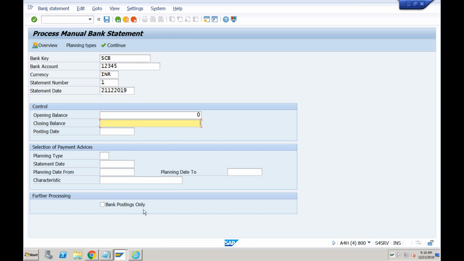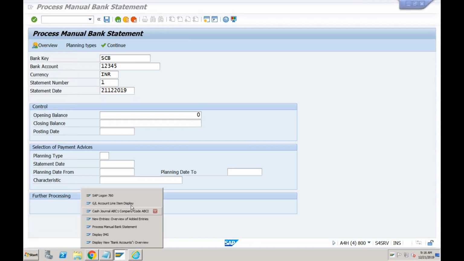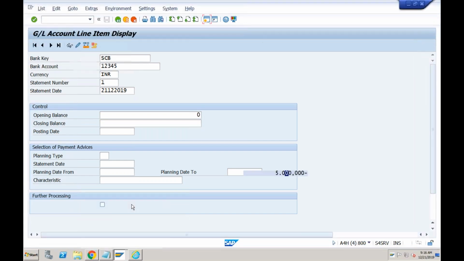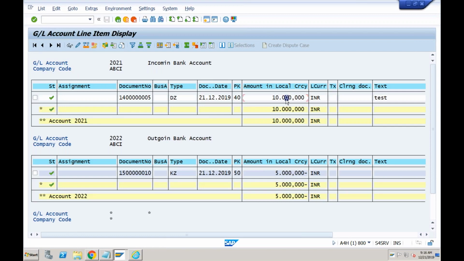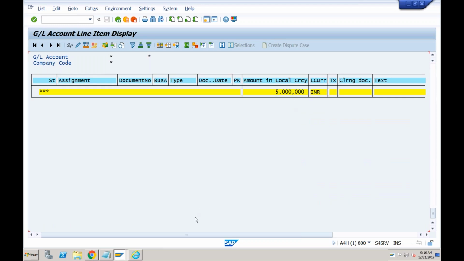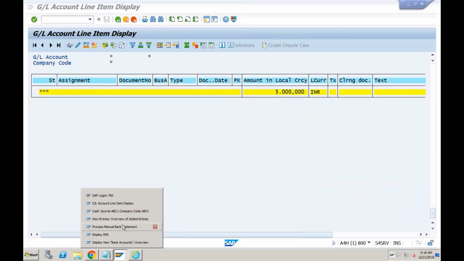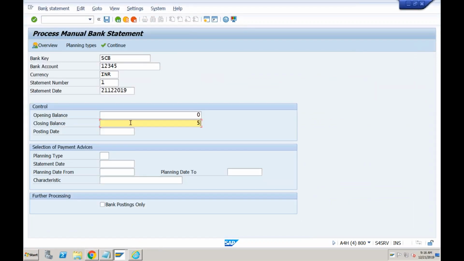And what is the closing balance? We have done 2 transactions, 10,000 in, 5,000 out. So the closing balance will be 5,000. Okay, so closing balance is 5,000 and posting date is today's date, 21/12/2019. Okay, click on overview.